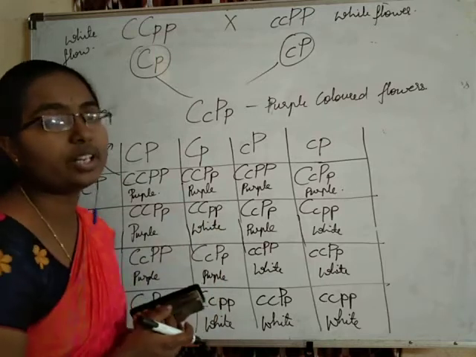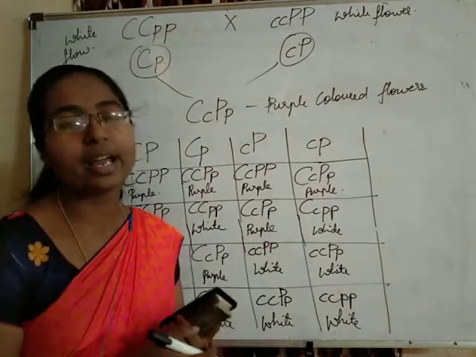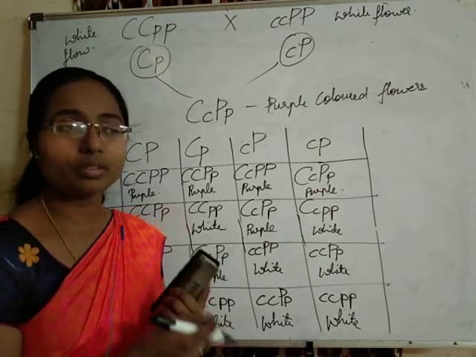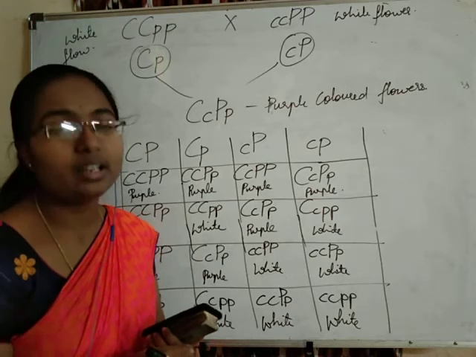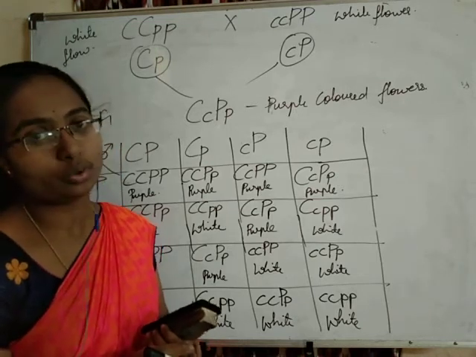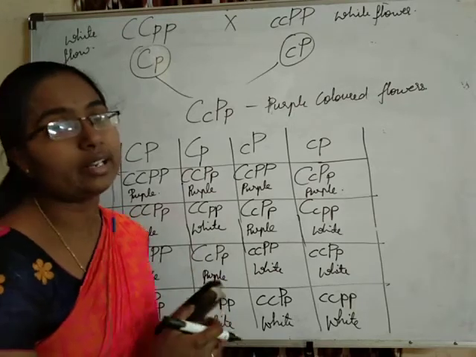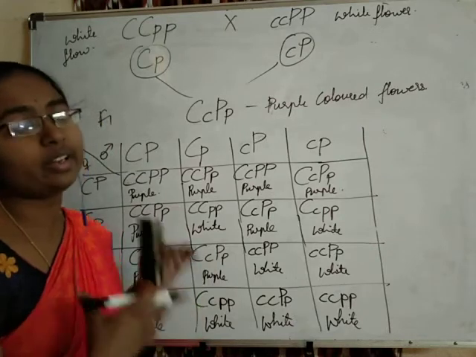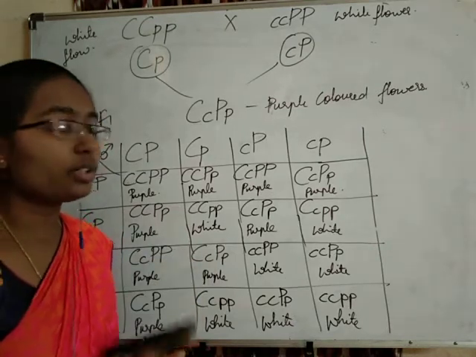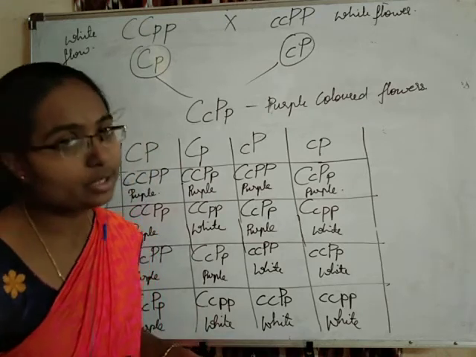In these intergenic interactions, phenotypic ratios are going to be different, because whatever the dihybrid process we have seen earlier with the example of pea plants taken by Mendel, it was the allelic genes only. Okay, the same allelic genes are interacting. Here non-allelic genes are interacting. So the Mendelian ratios will be deviated in these intergenic interactions. So the phenotypic ratio of these crosses will be extremely different.